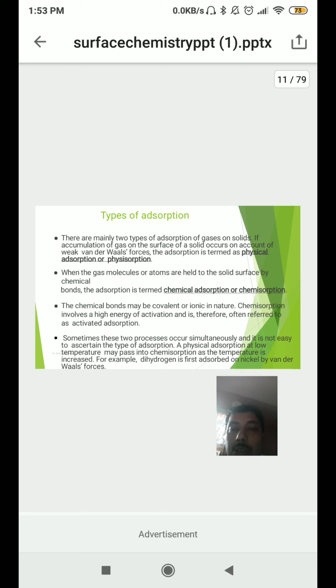It is not easy to ascertain the type of adsorption. A physical adsorption at low temperature may pass into chemisorption as the temperature is increased. For example, dihydrogen gas is first adsorbed on nickel by van der Waals forces. Let me tell you an example. Here I have given the example of nickel and dihydrogen gas. Normally in organic chemistry, we have seen many times a reduction, like reduction of the nitro group, NO2 group, to amine. In that case, we are using Raney nickel, that is